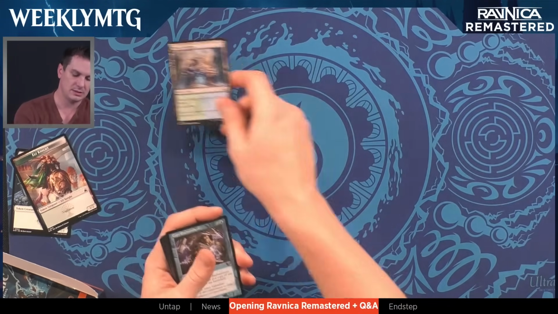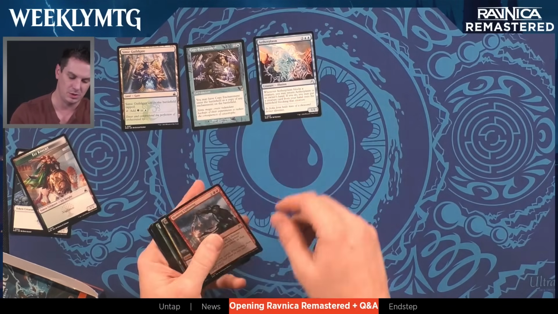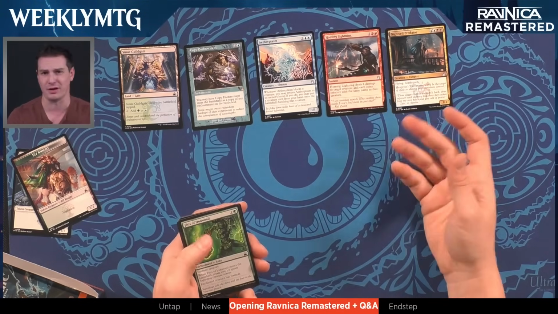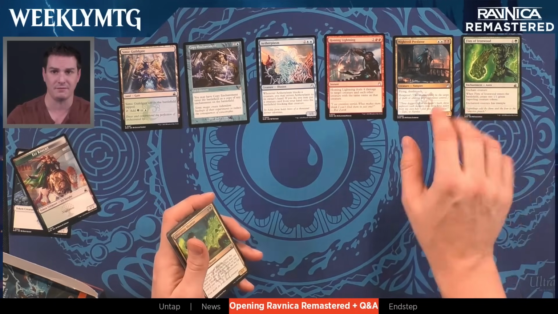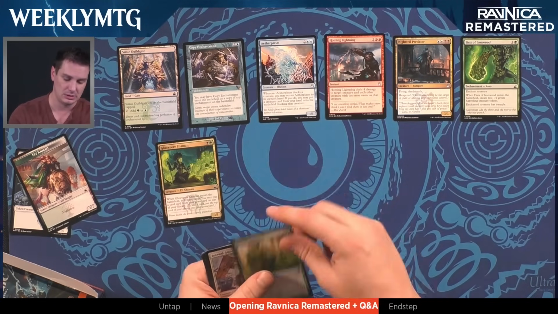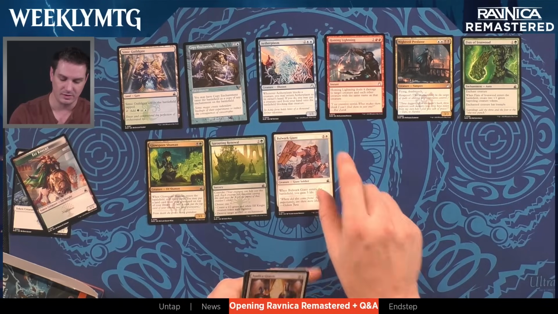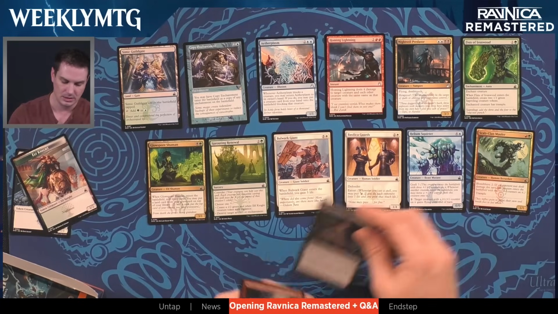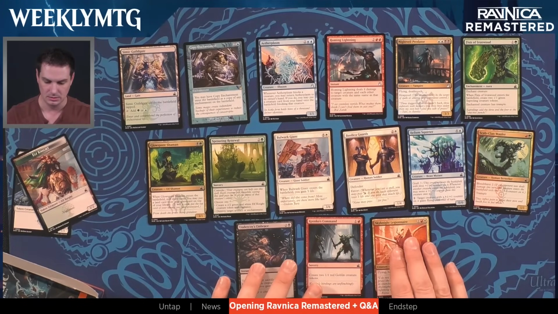All right. Simic Guildgate, Copy Enchantment, Aetherplasm. Homing Lightning is very strong. Nightveil Predator. Nightveil Predator is unbeatable, let's just be honest. It's got hexproof. It's got flying. It's got deathtouch. Can't be blocked. Blocks everything. Kills everything. Can't be targeted. It's impossible to beat. That said,